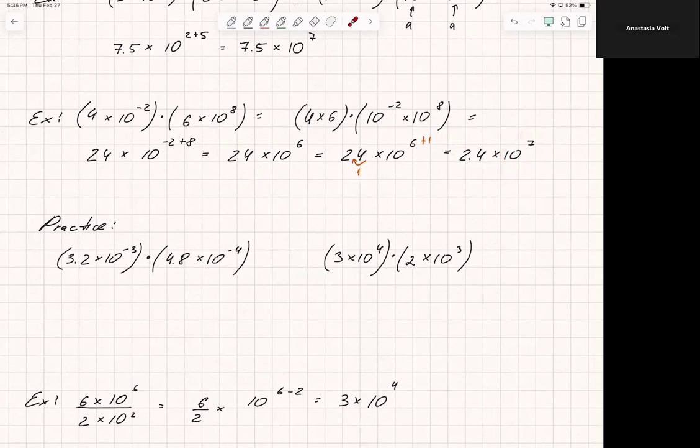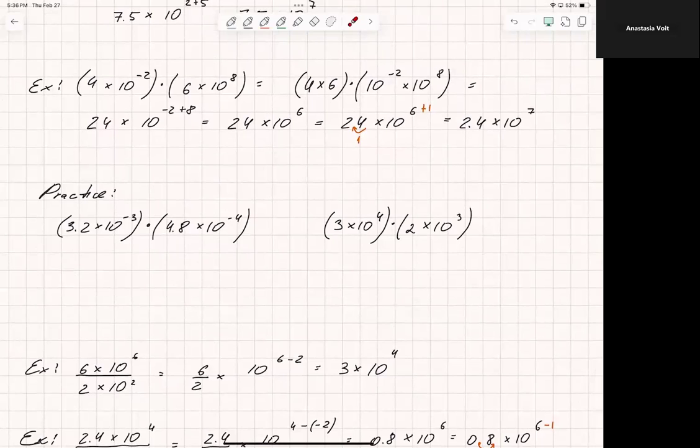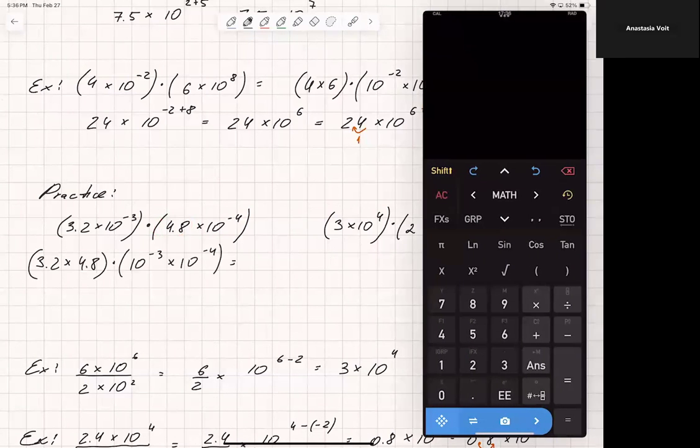Okay, now let's do a couple of examples for practice. All right, so we have here 3.2 times 10 to the negative 3 times 4.8 times 10 to the negative 4. So how can we combine this? So we would have 3.2 times 4.8 in one parenthesis, and then we would have 10 to the power of negative 3 times 10 to the power of negative 4 in another parenthesis. So 3.2 times 4.8 is going to be what? So we would have 3.2 times 4.8, that's going to be